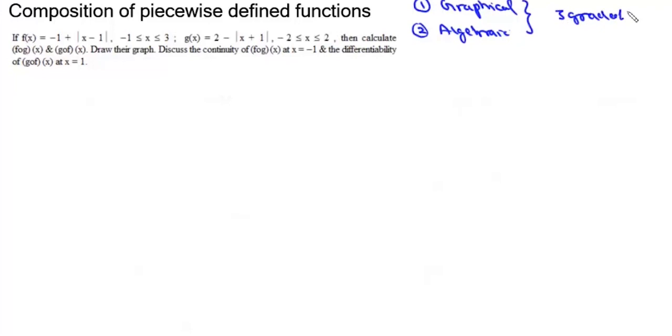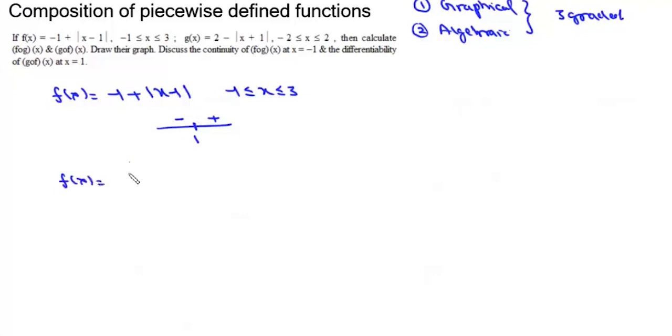Now, this first example is, we are given this function f(x), which is defined as minus 1 plus mod of x minus 1 when x lies between minus 1 and 3. Now, clearly f(x) is a continuous function, and we have this mod x minus 1. Now, root of x minus 1 is 1, right of it plus, this is minus. So when x is less than 1, it takes a negative value, and when x is greater than 1, it takes a positive value. So we can write this function f(x) as,